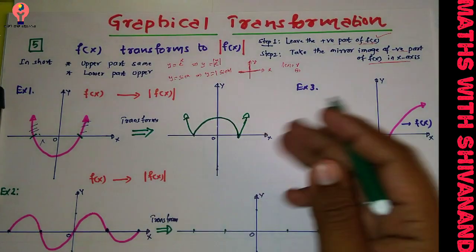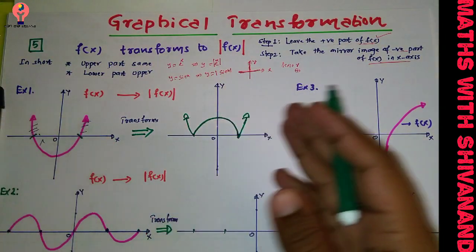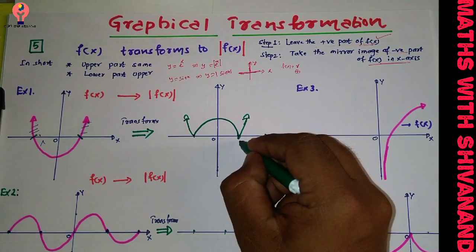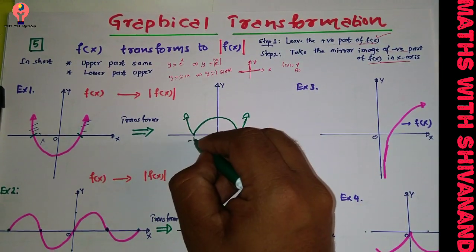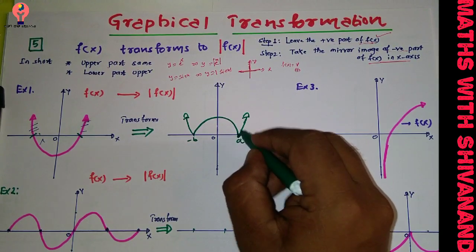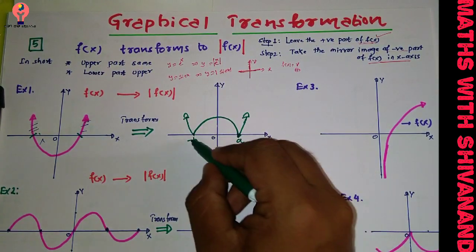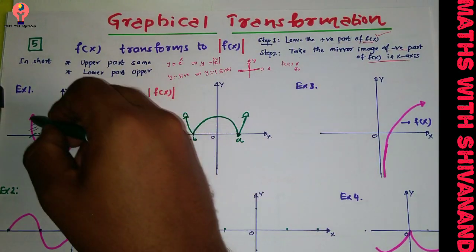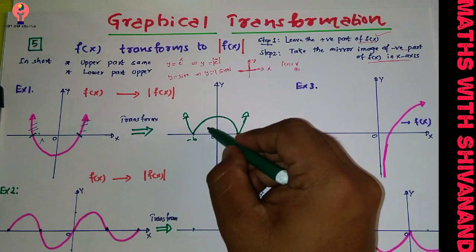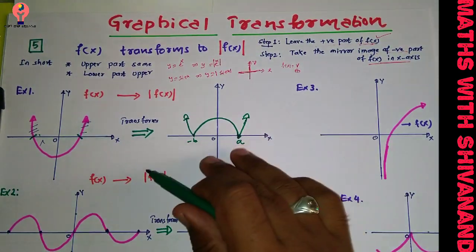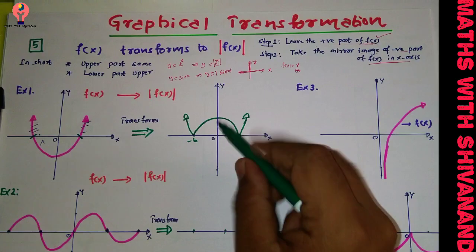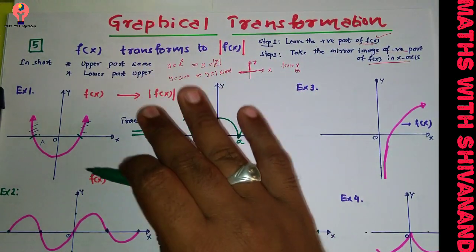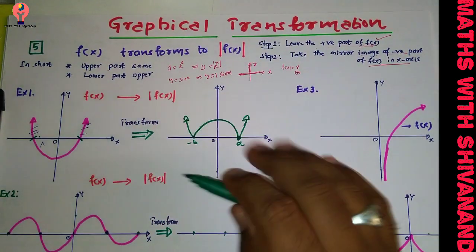By looking at the graph, this kind of question can be asked with the help of differentiability. So at which points is this function not differentiable? Say these points are a and minus b. This function is not differentiable at a and b, because at a and b you are getting a very sharp edge or corner. The original function is continuous as well as differentiable everywhere, but this one is continuous everywhere but not differentiable at 2 points. So the necessity of knowing this kind of graph is that you can easily check continuity and differentiability. This graph is very essential here.